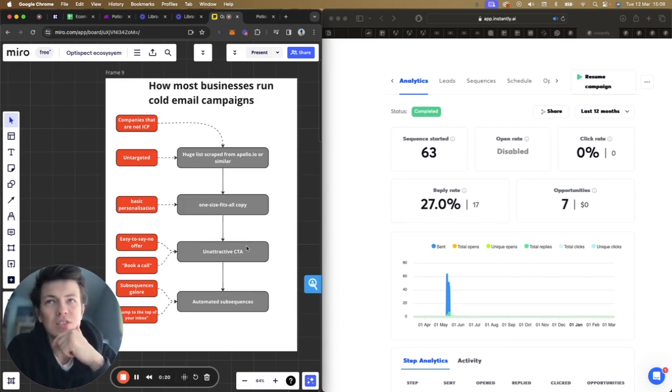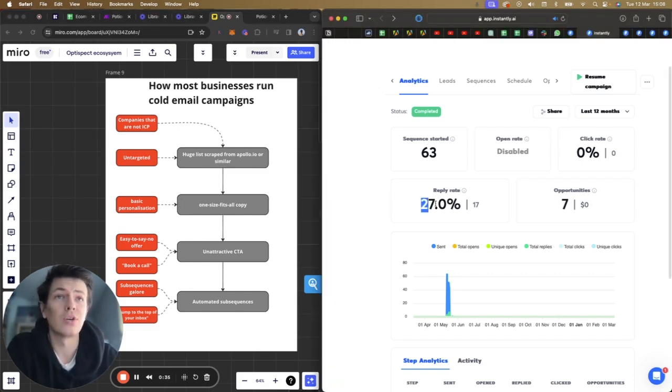building the lead list to writing the copy to following up to call to action, everything in between, because I think we did it drastically differently than most companies and agencies approach cold email, and our results kind of reflect that. As you can see here on the right side, super targeted lead list of 63 people, 27% reply rate, 7 opportunities. Imagine if you could cold email 63 people and get 7 interested people to reply, right,